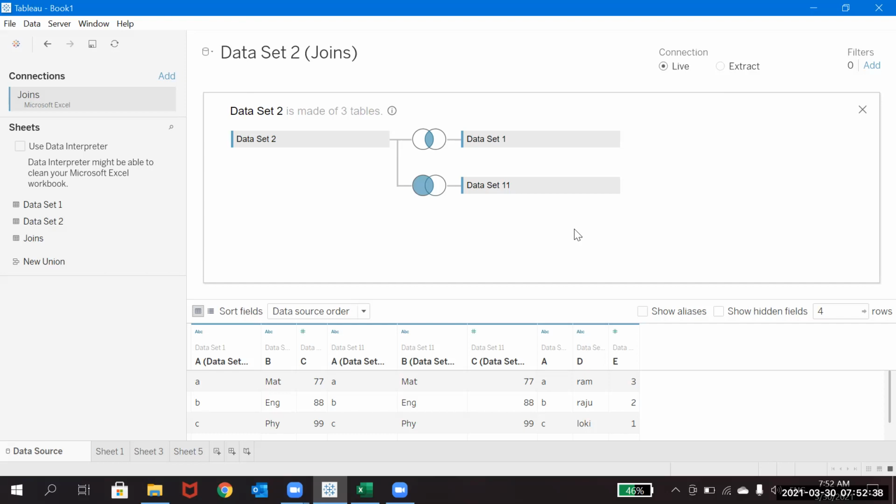Okay, so if you understand these concepts on the data source level page, then we can go ahead to the next topics like creating the visualizations. Because these are the major things on the data source page. It's not a fact that every time you will get an individual data set and just connect and create the visualization. So you should always keep in mind that you will be connecting to multiple data sets and you need to combine them either by blending or join or anything.